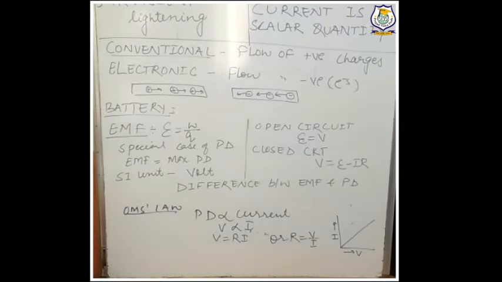And EMF is defined as the maximum potential difference, or we can say it is the energy supplied by the source in taking unit positive charge once round the complete circuit. Once round the complete circuit means